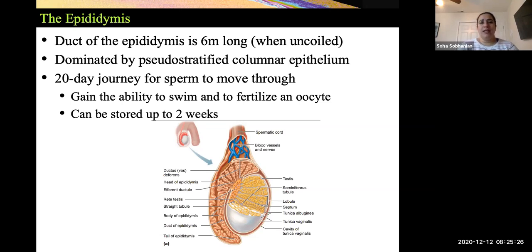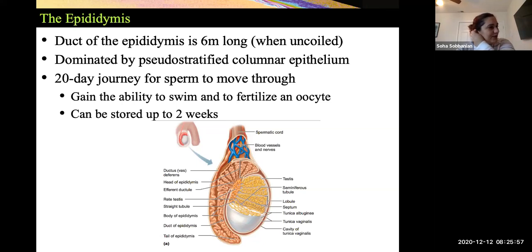So the question is, why do I want the sperm to take so long passing through the epididymis? Well, I should say it takes about 20 days to pass through the epididymis. The main reason is that the goal of the epididymis is basically schooling your sperm. So it needs to teach it something. And what is it exactly teaching it? It's the ability to swim. So one of the most important functions is learning how to move your tail to be able to get to